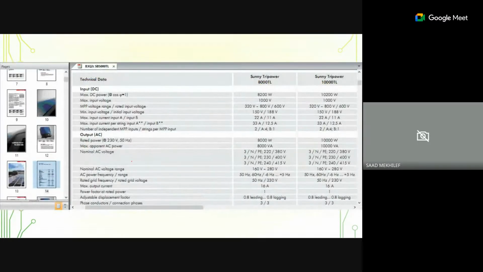Yeah. So this DC, you see, these are data sheets. I think all of you should be able to read this. Very, very important to understand. For example, here this is an 8.2 kilowatt system, maximum input voltage 1,000. So this is the operating range. It means this inverter will never work if the voltage is below 320, and will never work if the voltage is above